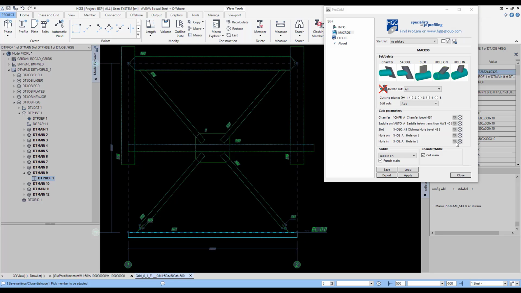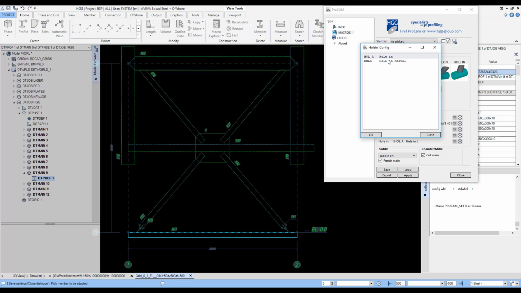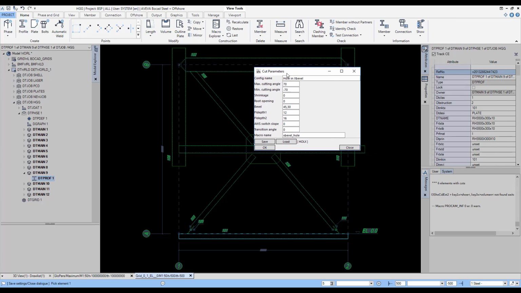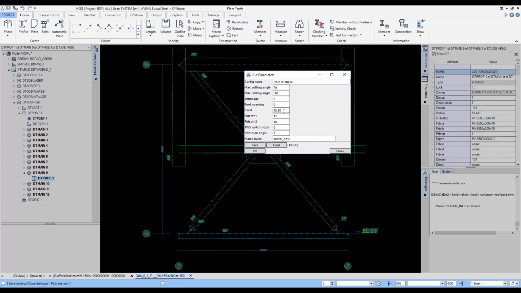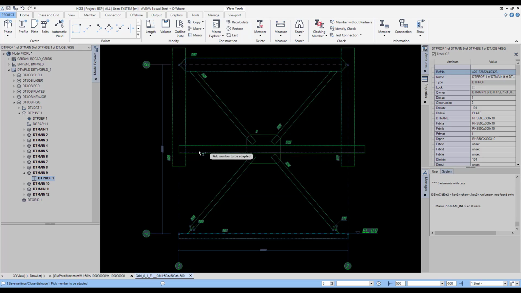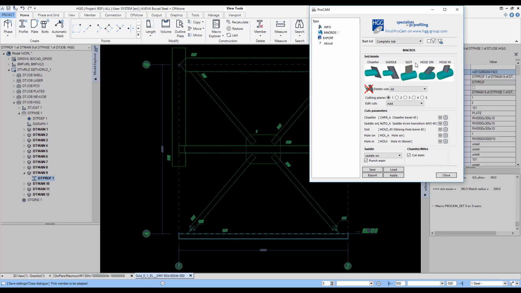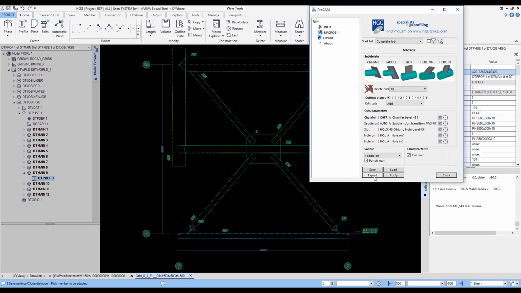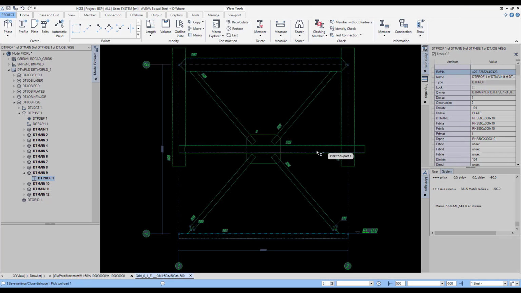So for hole in, I have two options here: normal hole in and X bevel hole in. Let me apply the X bevel first. Using the X bevel, I can have two bevel angles, and using the field depths, I can mention that the first bevel of 45 degrees is till what depth, and the second bevel of 30 degrees should start from where. So let me apply this. And on the other side, I'll apply a normal bevel with hole in. Select the member and then